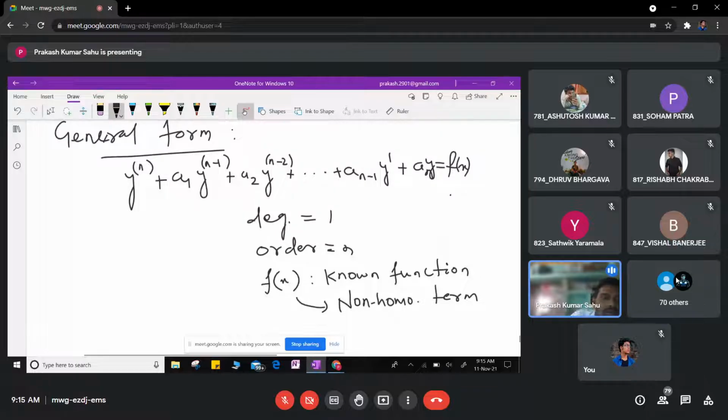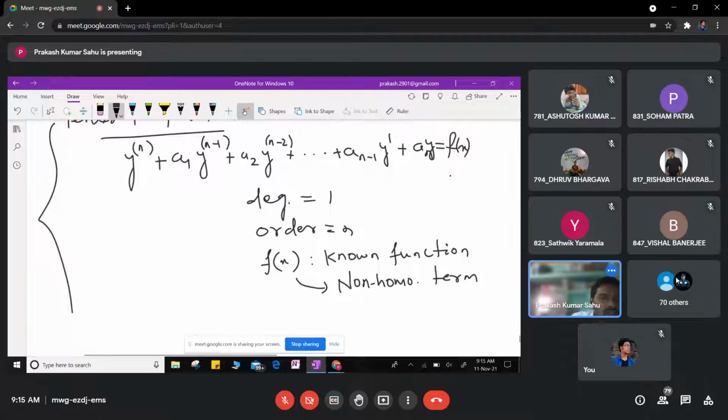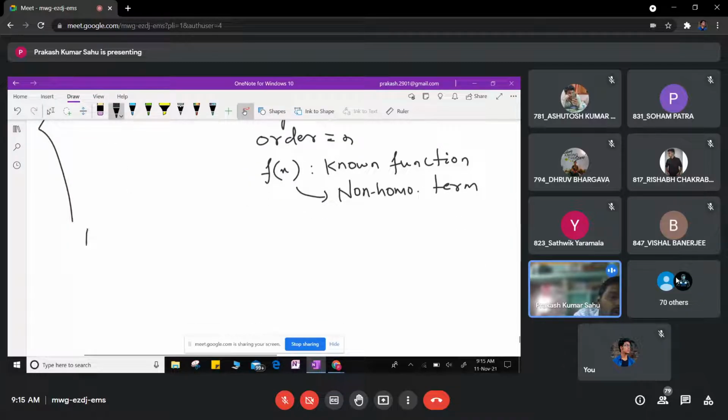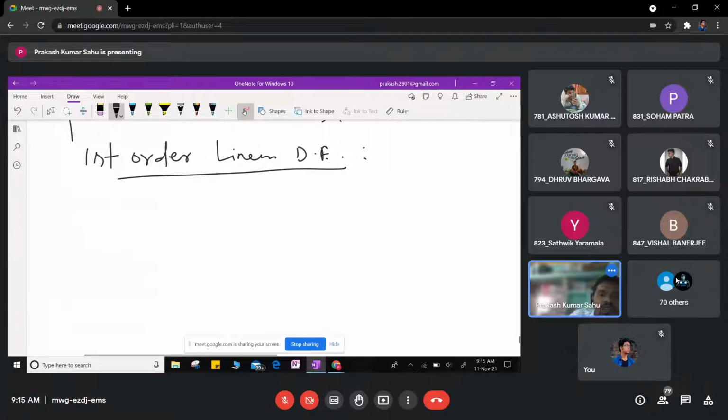Here we have to find only the first order differential equation. A first order linear differential equation has the form